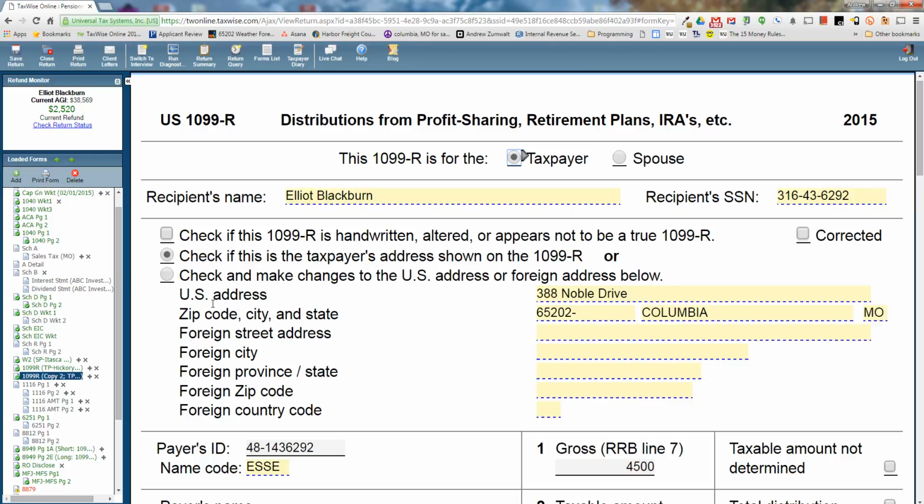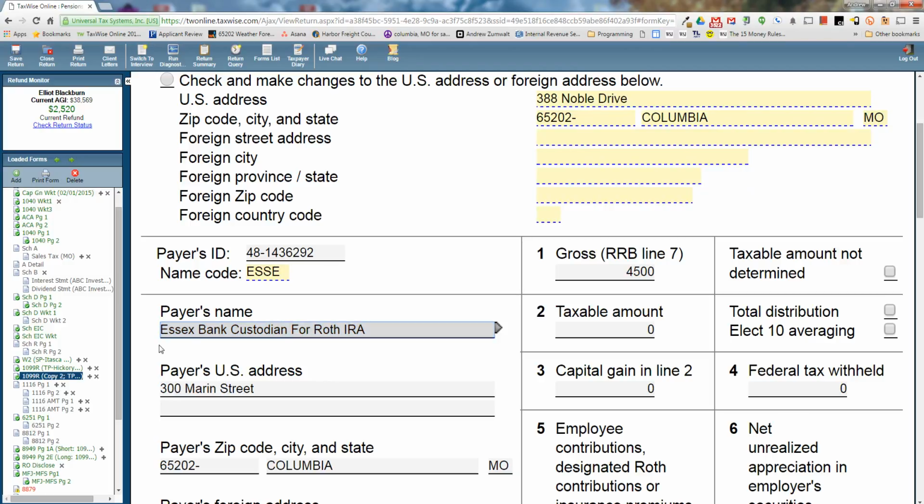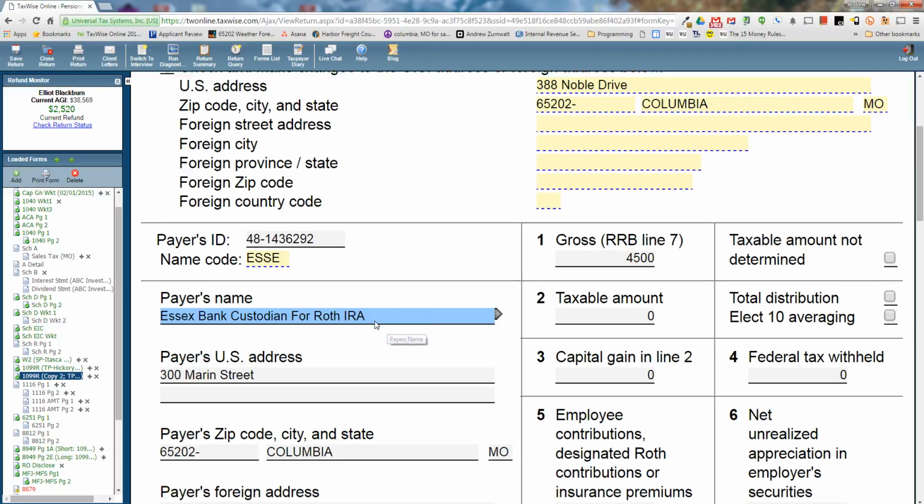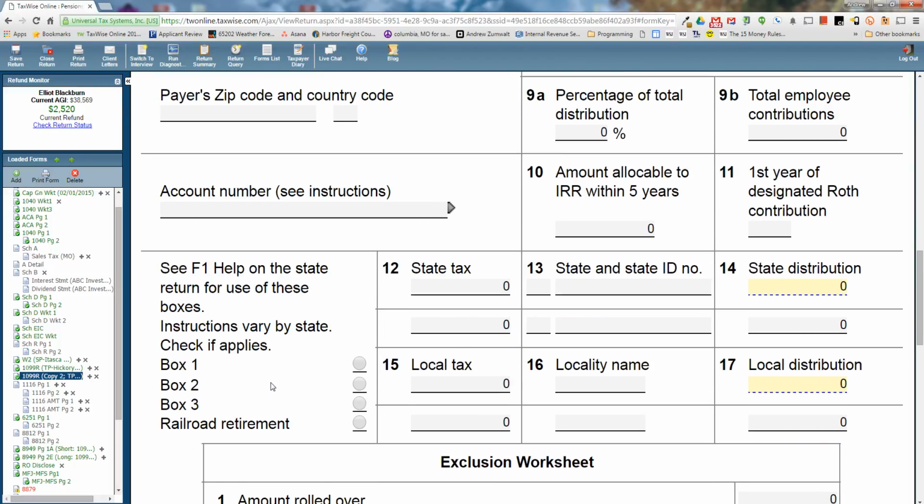So you might see 1099-Rs with a payer, not Essex Bank, but you may see a payer of Office of Personnel Management. You'll see that for a lot of federal workers. Or you'll see MOSERS, Missouri State Employee Retirement System, or PSRS, Public School Retirement System, or you'll actually see University of Missouri for the University of Missouri pension system. When in doubt, just ask the person, hey, did you work for a government agency, and is this your pension from that government agency? And if they say yes, well, we can scroll down,